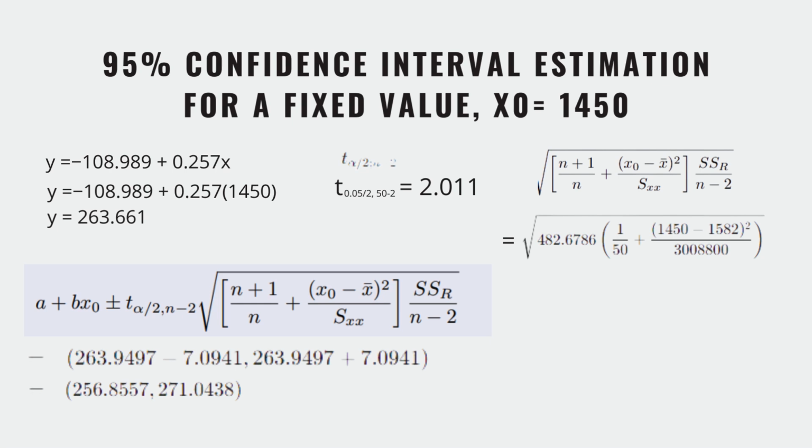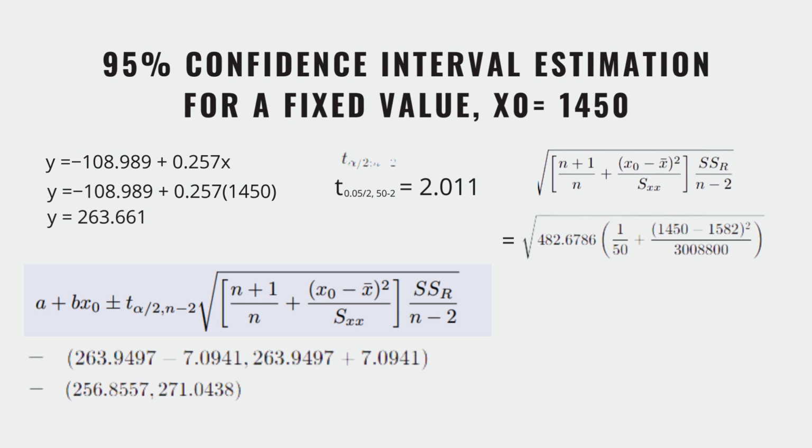Suppose that we want to know the expected price for a 1,450 square foot house. Using the confidence interval formula for prediction, first we have to substitute the x value into the linear regression formula, and we get a value of 2063.36. Then we use the t-distribution with 0.05 divided by 2, and the degrees of freedom will be 48, and that gives us 2.011, and then the formula says that is the square root of all these,